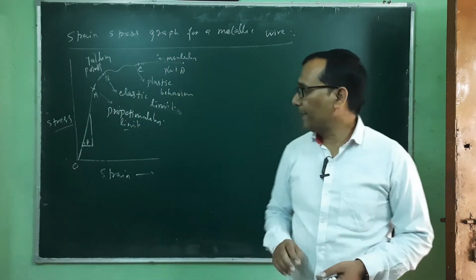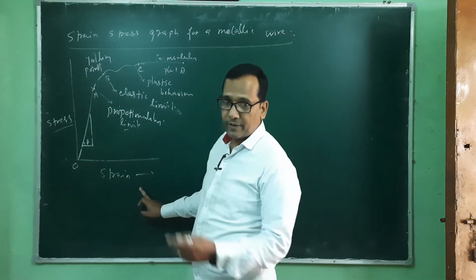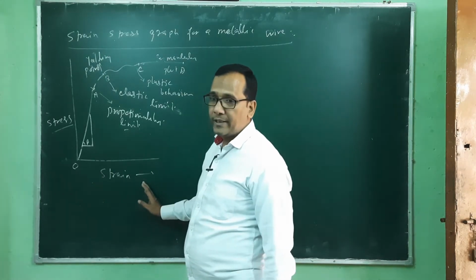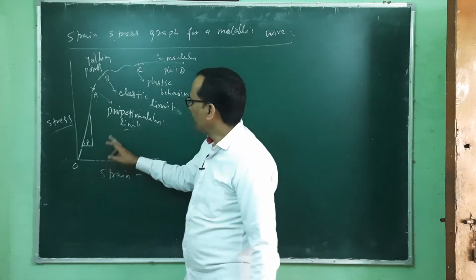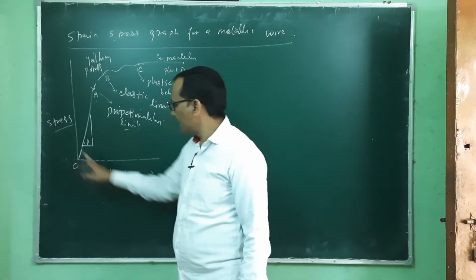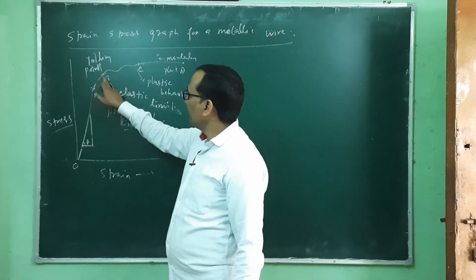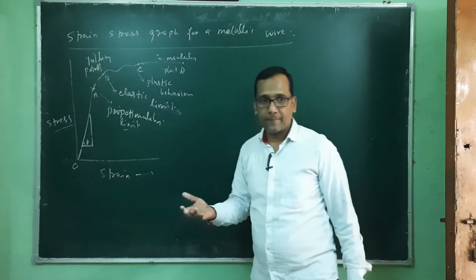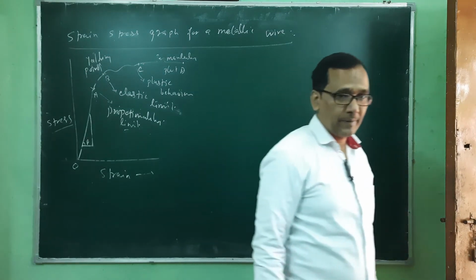Okay, clear? I am just repeating what we have here. This is the plot between strain and stress for the metal wire. When we apply stress, which means force per unit area, strain increases in proportional form at a constant ratio, up to this A, the proportionality limit. So here we can say stress is proportional to strain. Second, when we further apply stress, it is no longer proportional, but the behavior is still elastic. When we remove the force, the system comes back to its original shape and size.